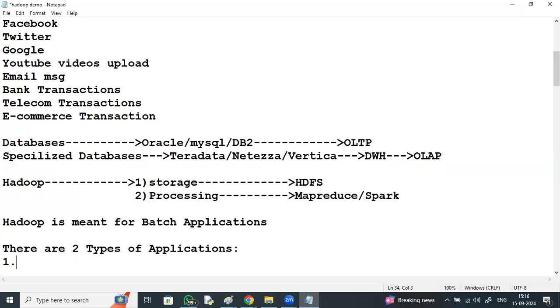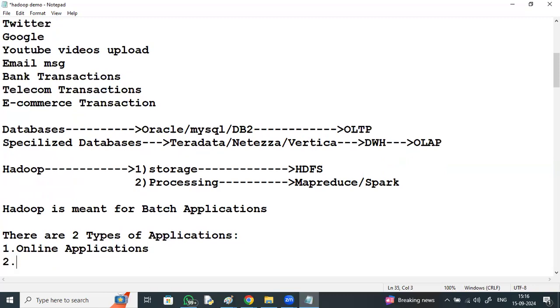First one is user interactive applications, like online applications. Second is batch applications.